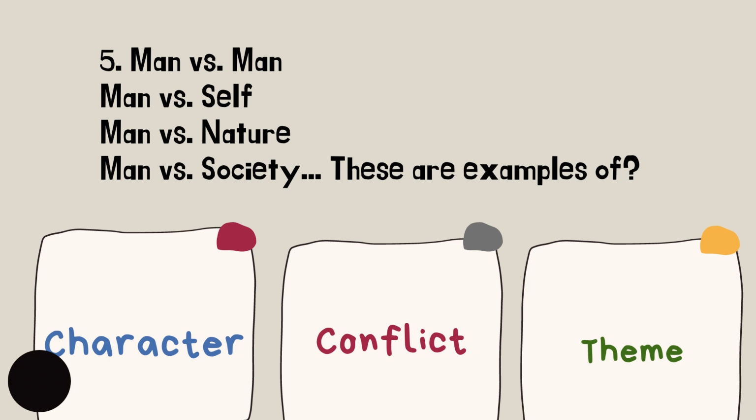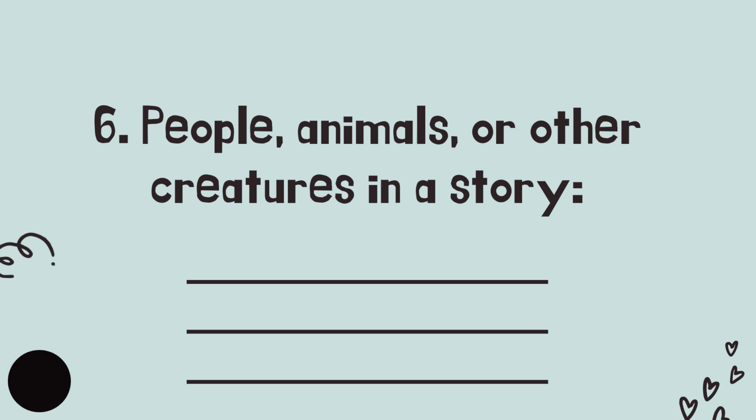So there is a conflict between the person or the hero and his or her mind. Okay? Man versus nature naman, this is man against fire, air, or any elements of the earth that we have. Okay? Aside from the elements, earthquakes, any disasters also will fall under that. And then man versus society, man against the people around his or her place. Okay, last statement. You have to answer this. People, animals, or other creatures in a story is called, starts with letter C. The answer is character or characters. All right.